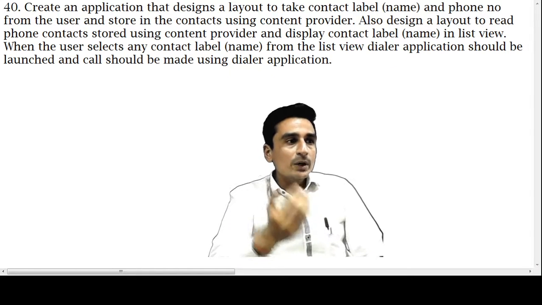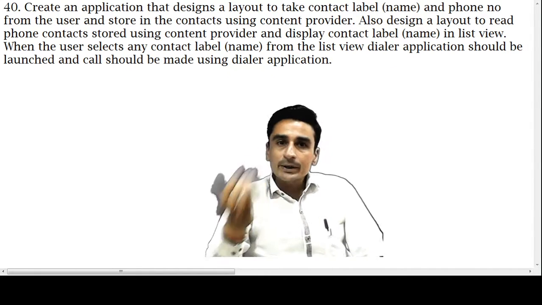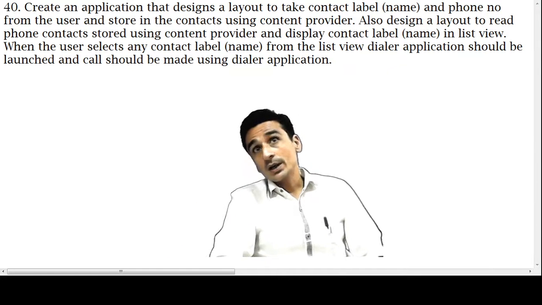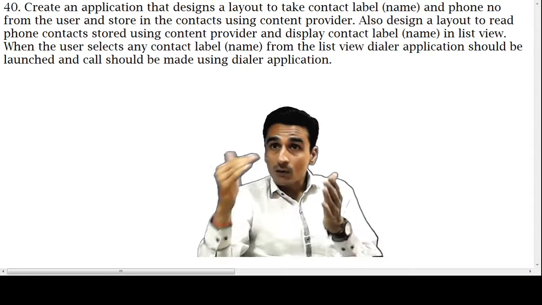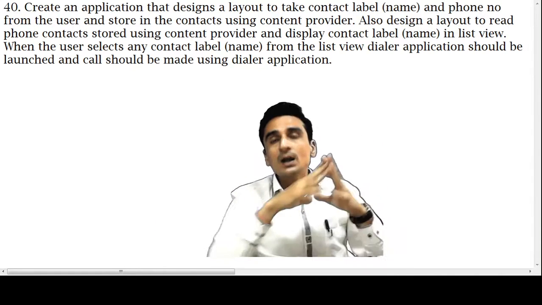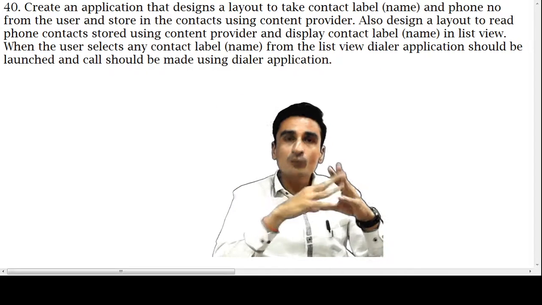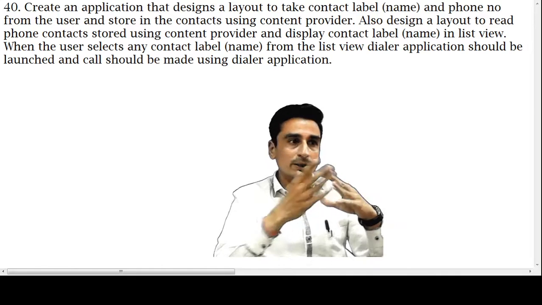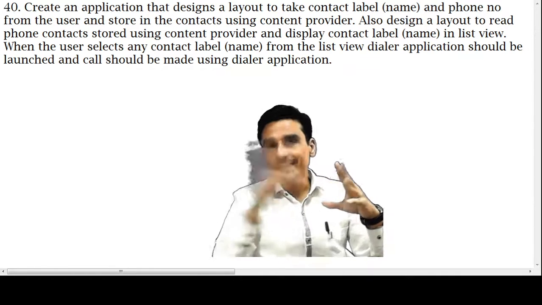Also design a layout to read phone contacts stored using content provider and display contact label in list view. So we have to define another layout in which there will be a list view, and inside this list view we have to show only the display name or the label of the contacts.